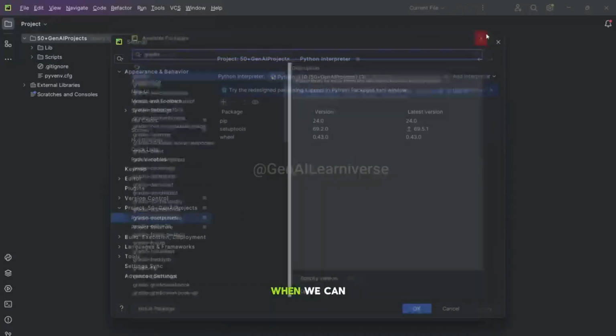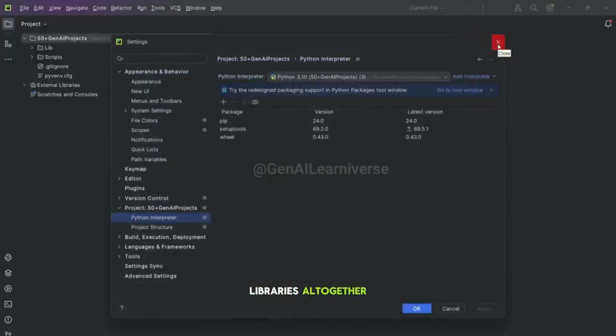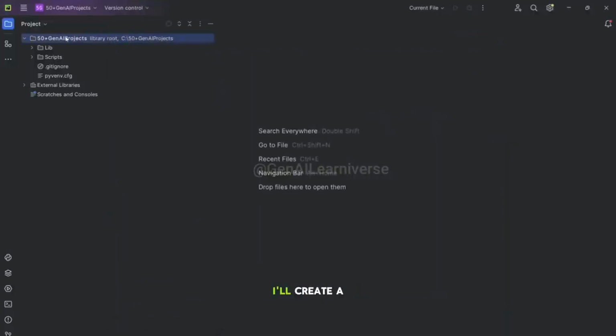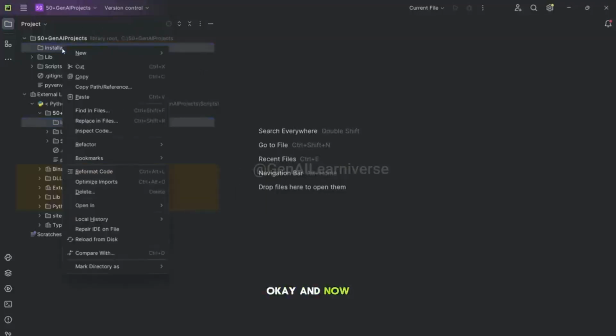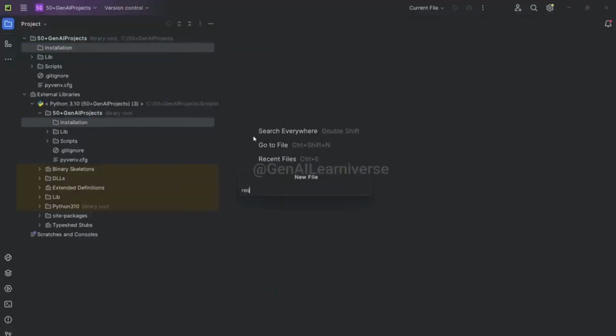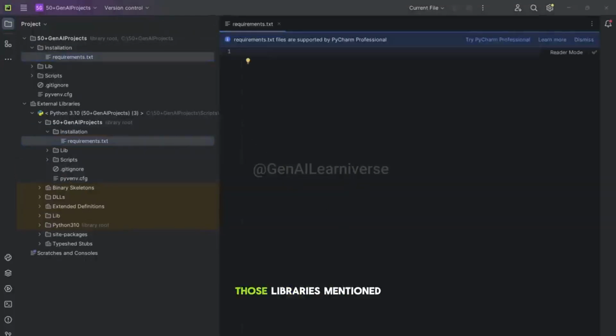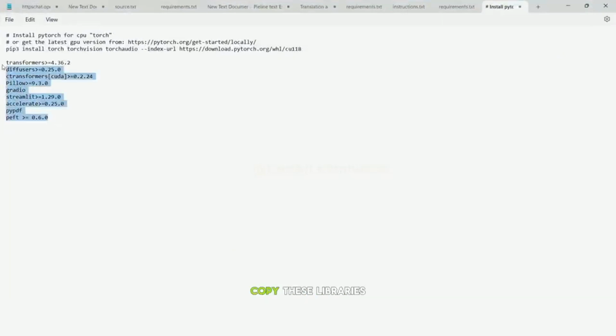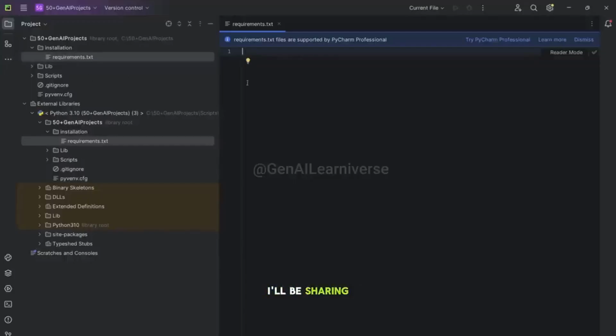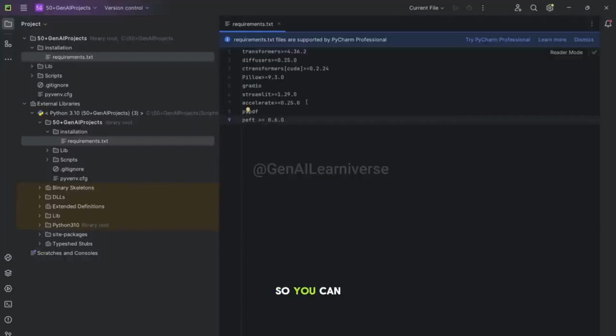But there is another way wherein we can install all the libraries together. For that, I'll create a new folder, a new directory, and I'll give the name as installation. Now I create a new file inside this directory and I'll give the name as requirements.txt. I already have those libraries mentioned, so I'll just copy these libraries, and don't worry, I'll be sharing this code with you, so you can just copy paste all these